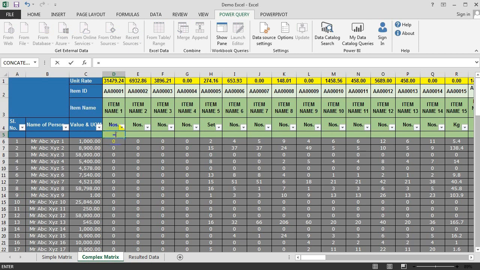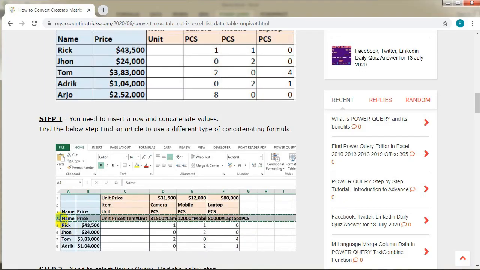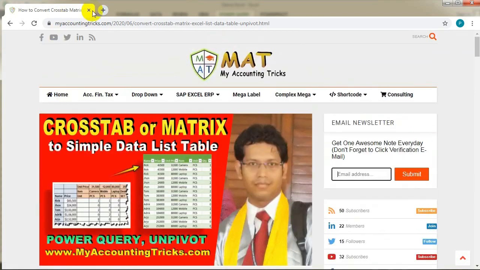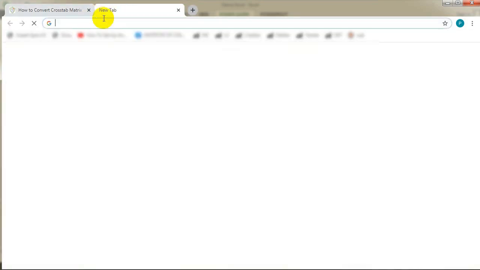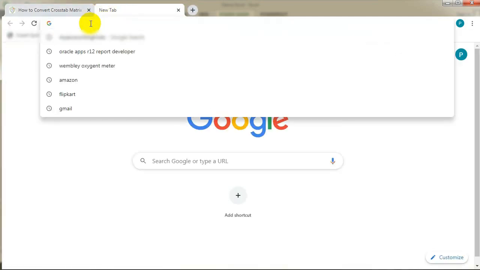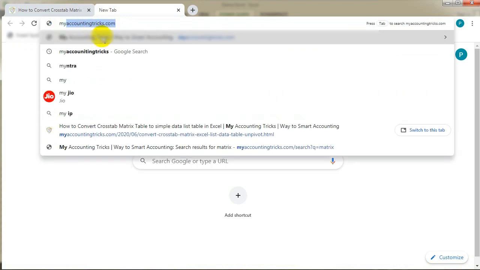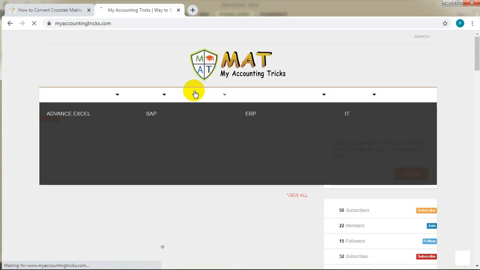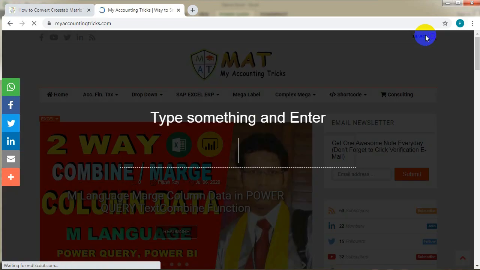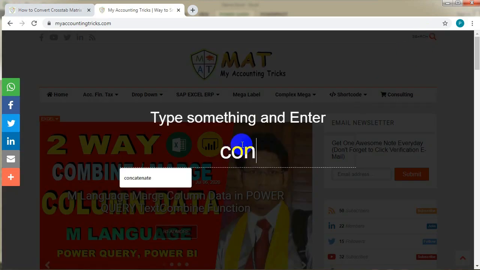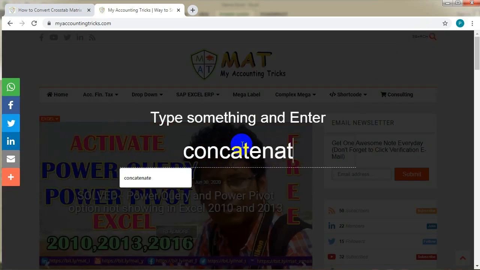If you don't know how to merge, if you know one process, but I have written 3 processes on my website for merging data in Excel. Open new tab. Search concatenate.